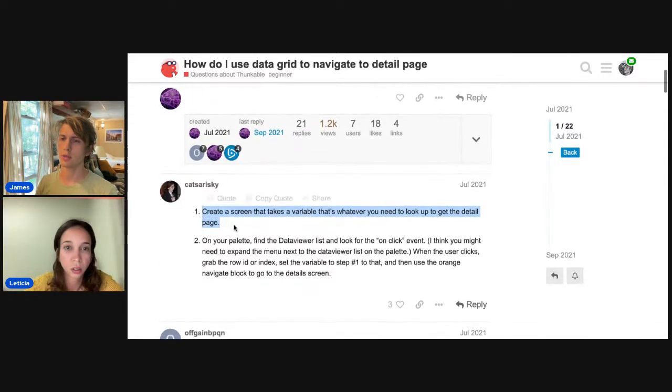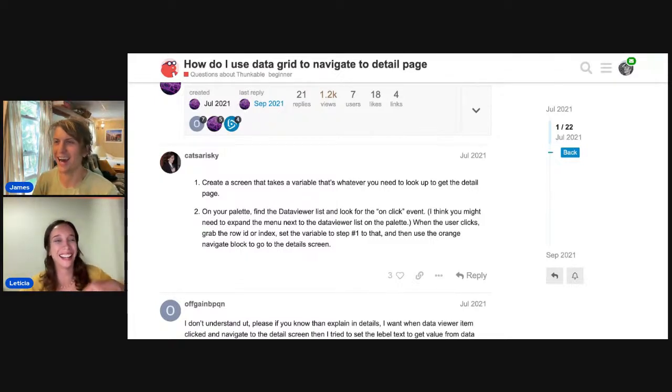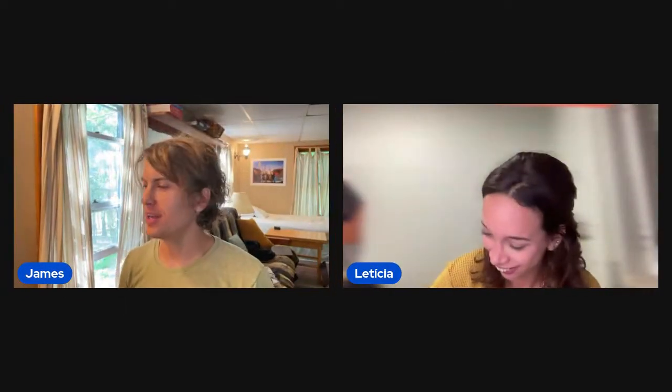First, we create a screen that takes a variable. Do you know about variables? That's not a word I've never heard, but I'm not sure what you mean. A variable is just a stored value.